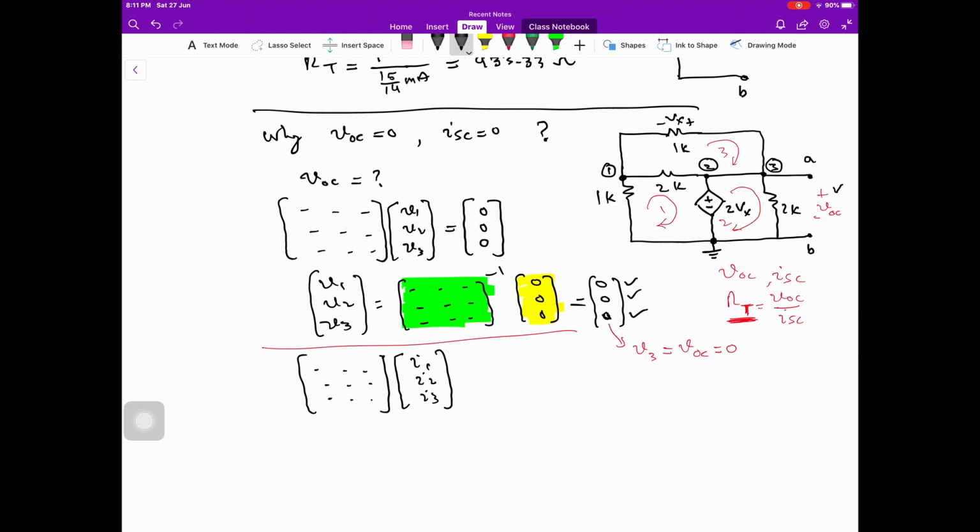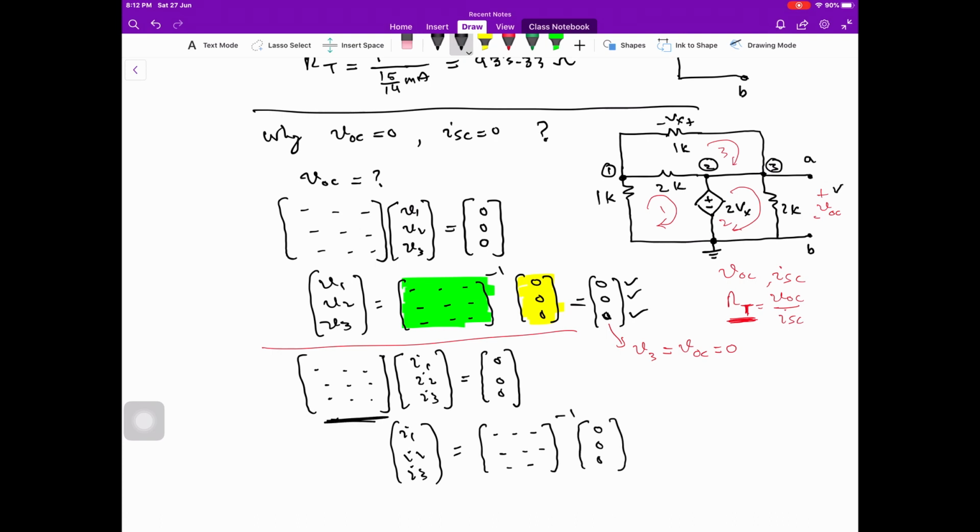I'm not writing the mesh equations, and I assume that you should be able to write mesh equations due to lecture 1. Again, if we find I1, I2 and I3 from here, it is the inverse of this matrix multiplied by 0, 0, 0, which means the product will be 0. And if we see I short circuit,